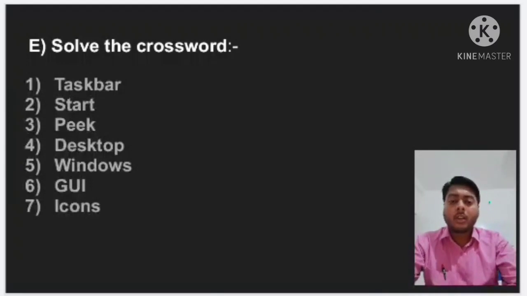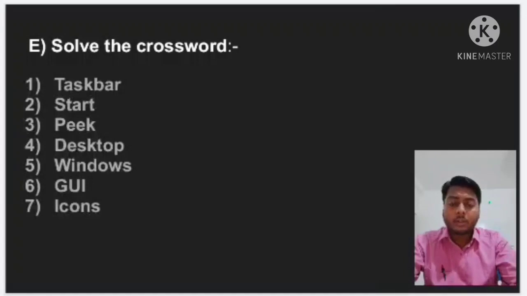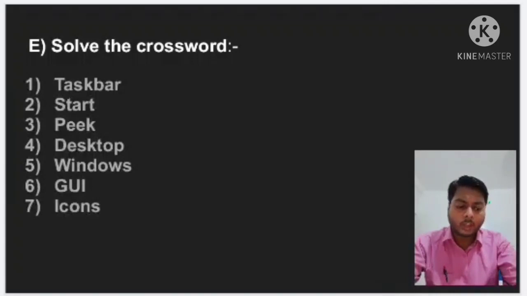Fourth number, the first screen that appears on the monitor after the Windows operating system is loaded. So the first screen is the desktop.